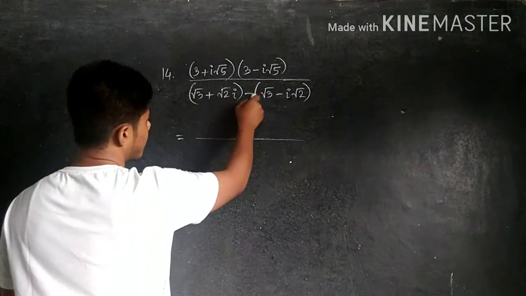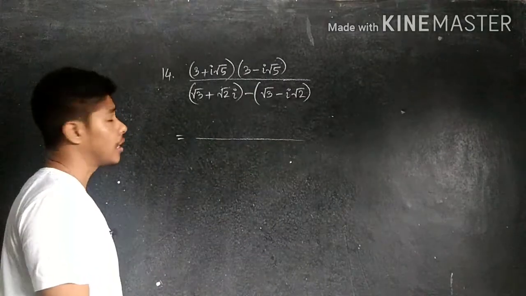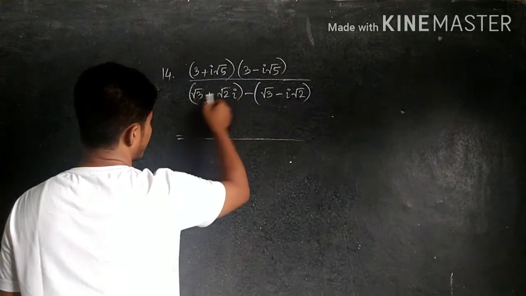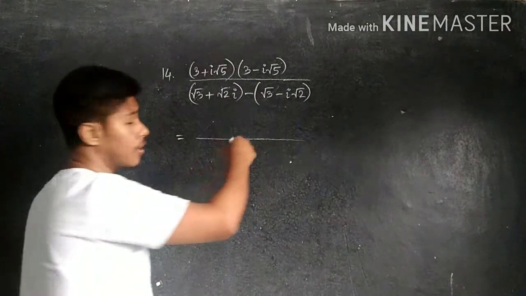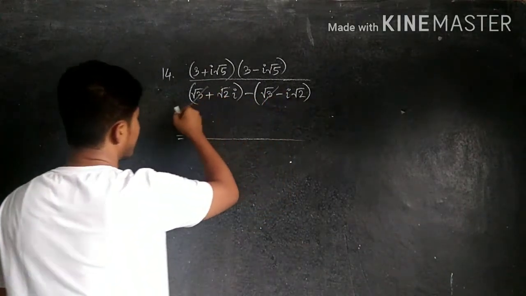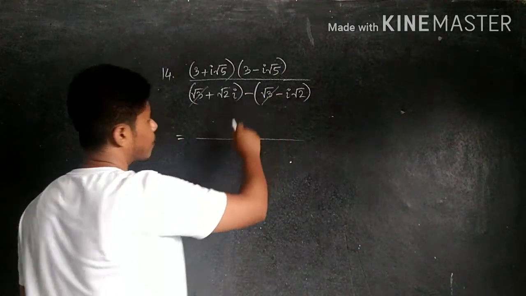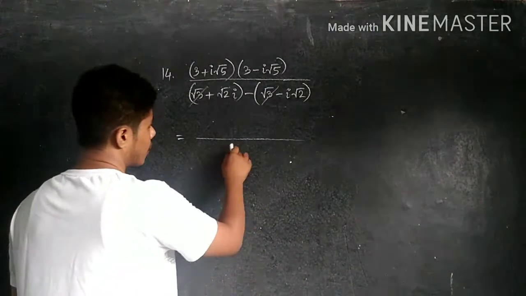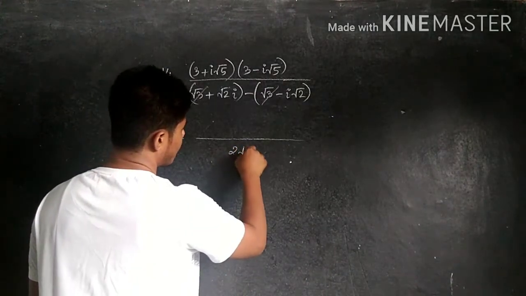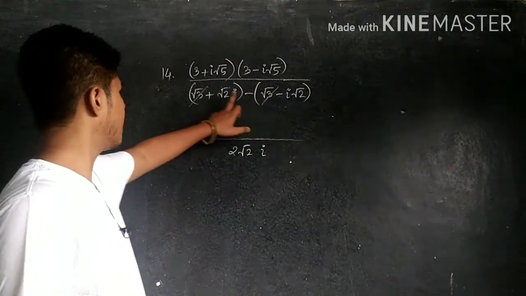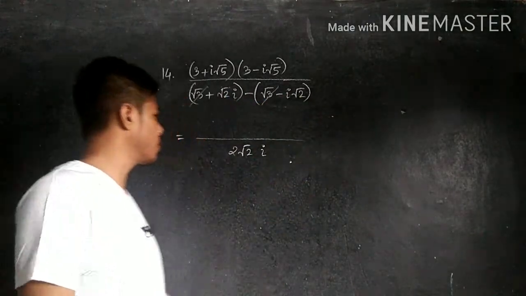here, root 3 minus root 3, easily we can cancel these two, because plus root 3 minus root 3 means these two are cancelled here, isn't it? So now here you see root 2i, here also root 2i, minus minus plus, that means 2 times. So we have to write 2 times root 2i. Is it clear? Root 3 cancels, leaving 2 times root 2i.